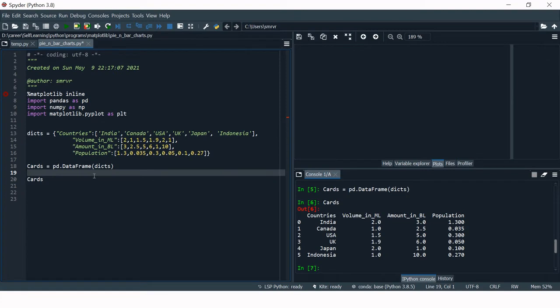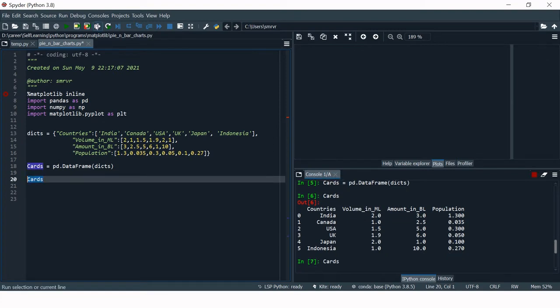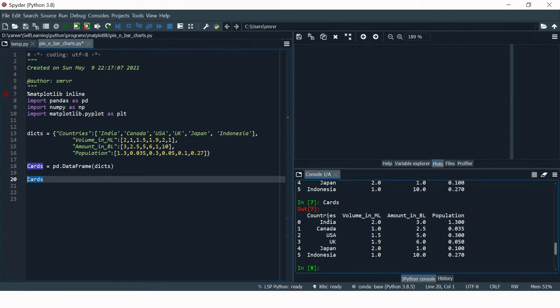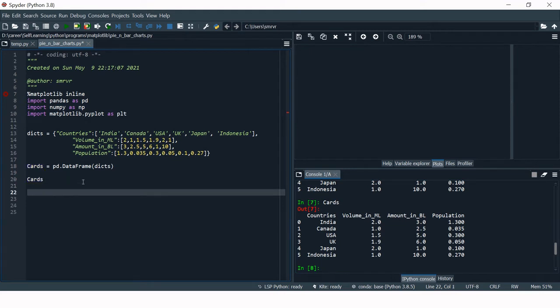So here I have a data frame named cards. If I show you a quick view, this represents countries, the volume amount by each country, and then the population of each country. Now we're going to create a basic box plot. How can we do that?